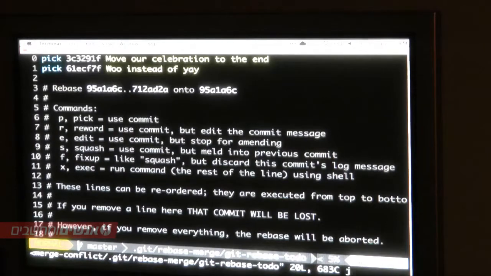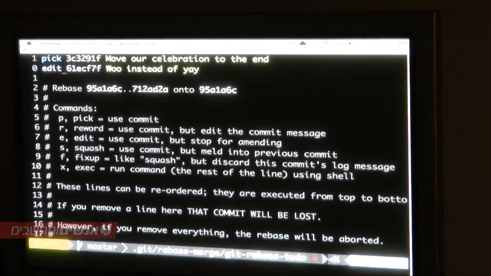And so here we see our 2 commits and some commands at the bottom. These are all commented out, but it kind of tells you what kind of things you can do. Everything right now is just picked, so that means everything is going to be just as it was, but we can do things like squash 2 commits together, like this is saying. If we wanted these to be one tiny commit by itself, we could do that. Or if we just want to stop at that commit and change it a little bit, we can go ahead and edit this commit.